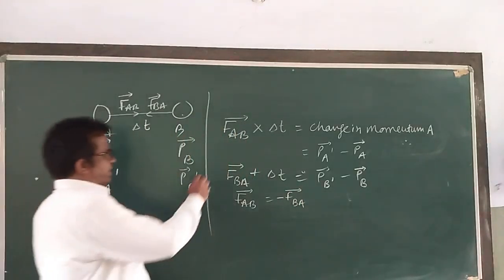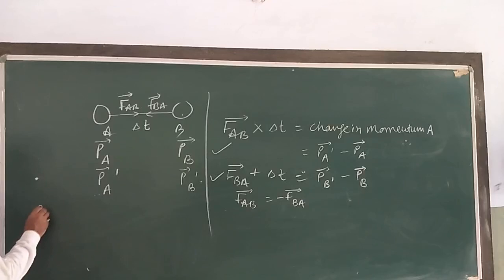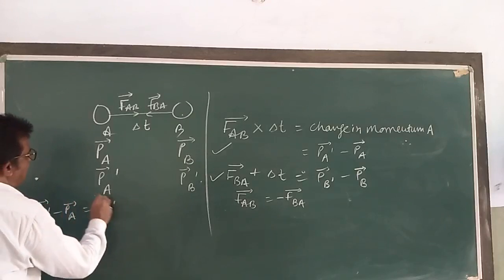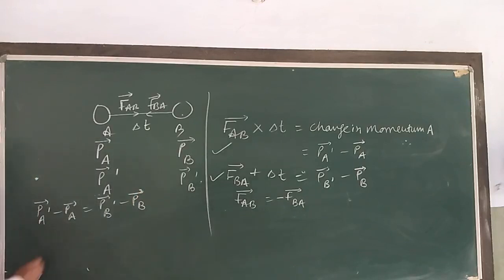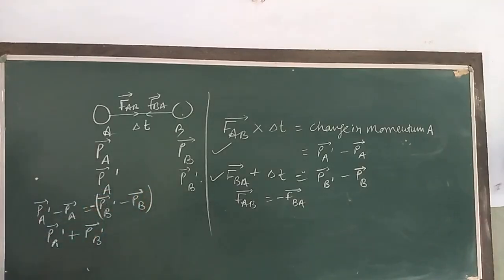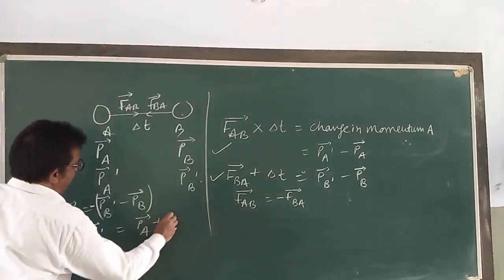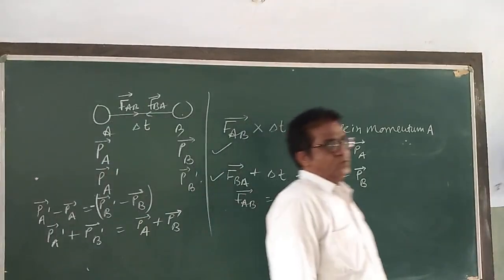Then from these two equations, we can write PA dash minus PA is equal to PB dash minus PB. So PA dash plus PB dash, with negative sign here, is equal to PA plus PB. Here, see what we are getting,